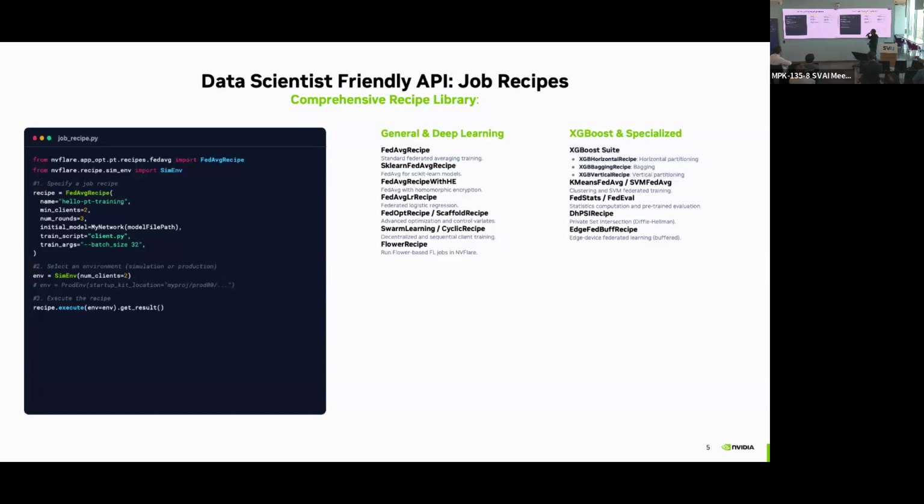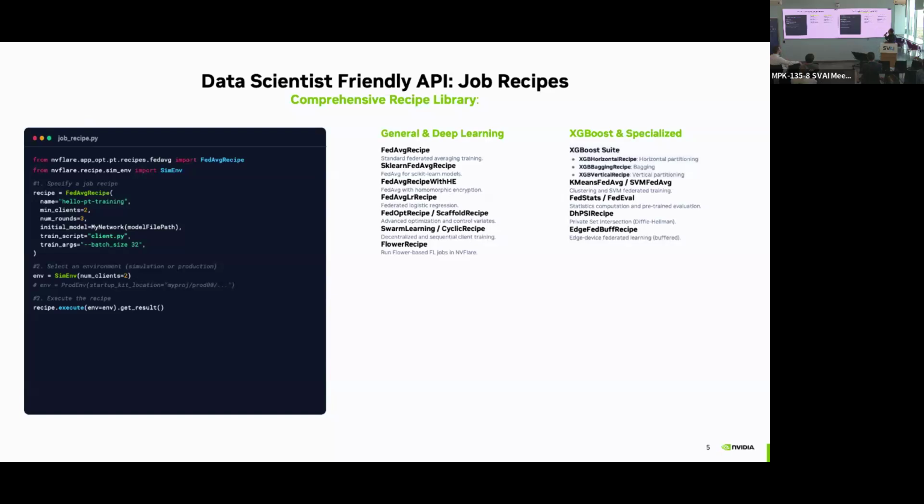So essentially you specify how many clients you want, the minimum number of clients you want, and what type of models. Then you put in the training script, which is the code you just converted with the 4 lines, and you put it on simulation, and you can run. Of course, the simulation environment can be changed into a production environment, or into something we call a POC, which is